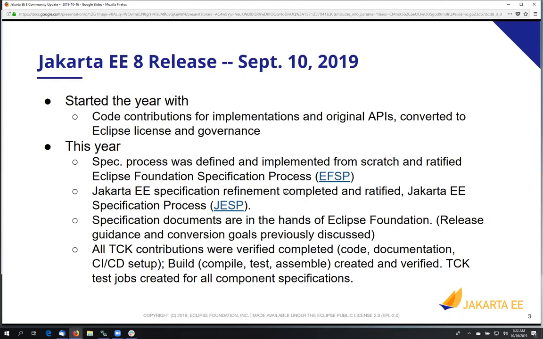This year, we basically bootstrapped a complete spec process almost from nothing. I mean, we had a lot of people with experience, and we knew how to start it, but actually getting that to paper and coming up with those processes and getting it to the point where we had something that would work for all of Eclipse and a way to refine that. We got those two pieces ratified in the middle of the year, and then Oracle made a complete contribution of all of its specification document texts